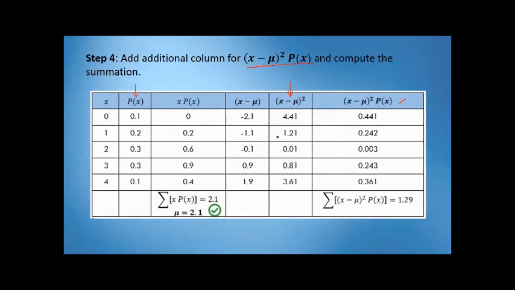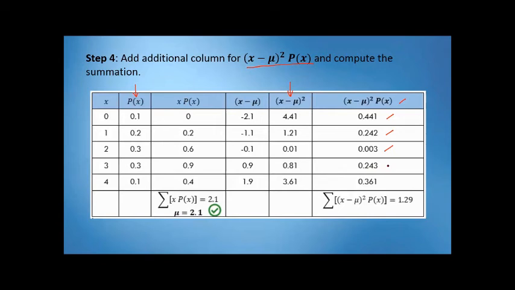Per row, 4.41 times 0.1 is 0.441. Next row, 1.21 times 0.2 is 0.242. Third row, 0.01 times 0.3 is 0.003. Fourth row, 0.81 times 0.3 is